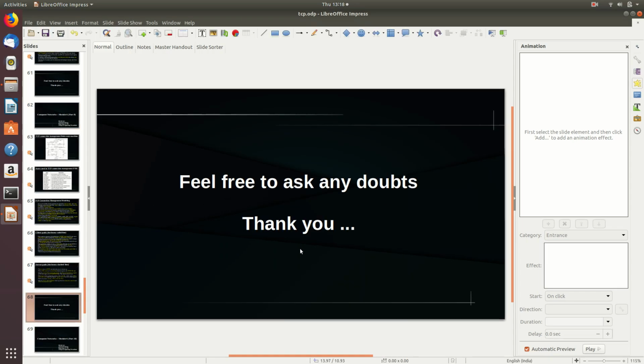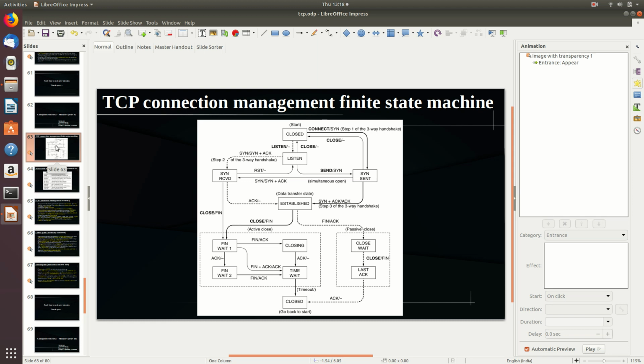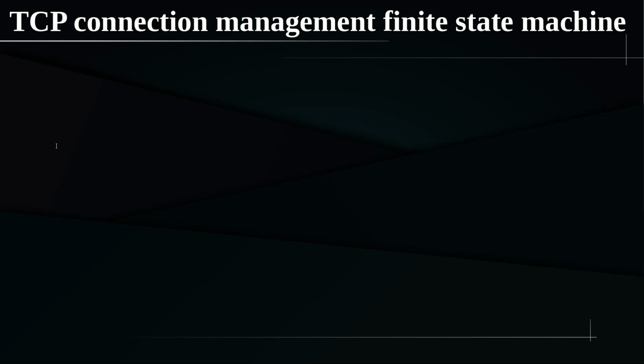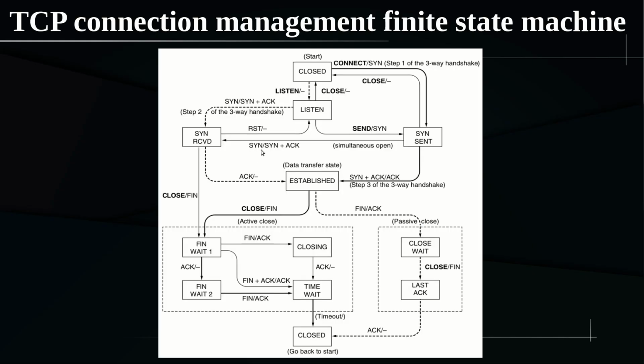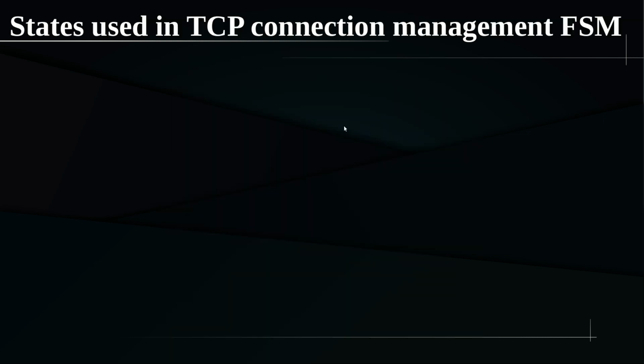The only thing is you have to be very clear about this picture. I am showing it to you again. Just trace what all is happening on the client side, which is shown by the solid heavy line, and what all is happening on the server side, which is shown by the dotted heavy line, and similarly the unusual events, right?